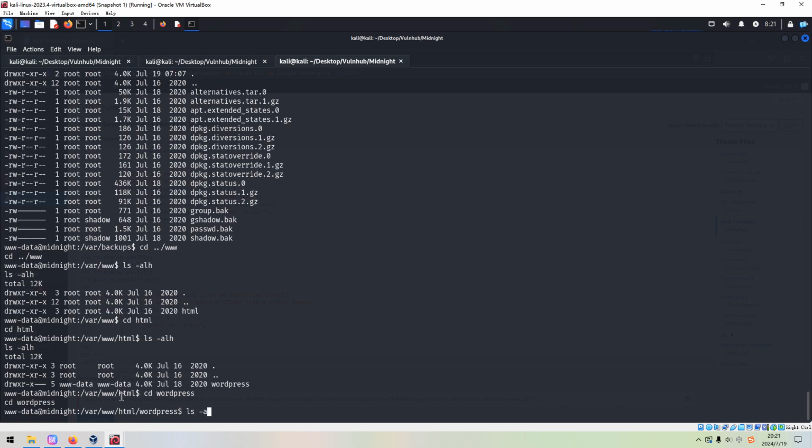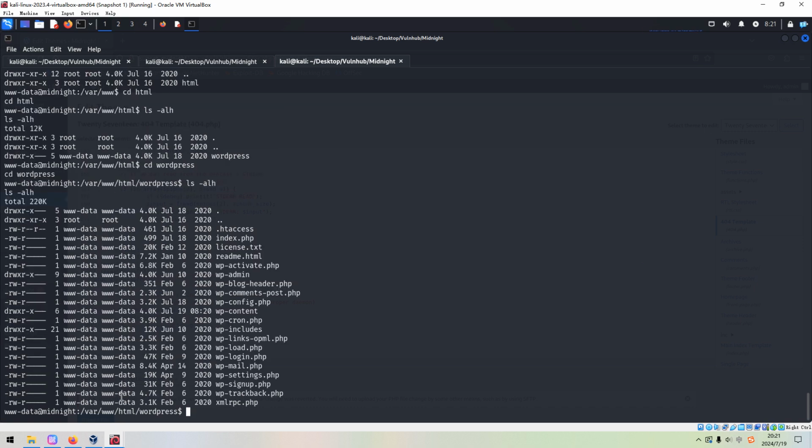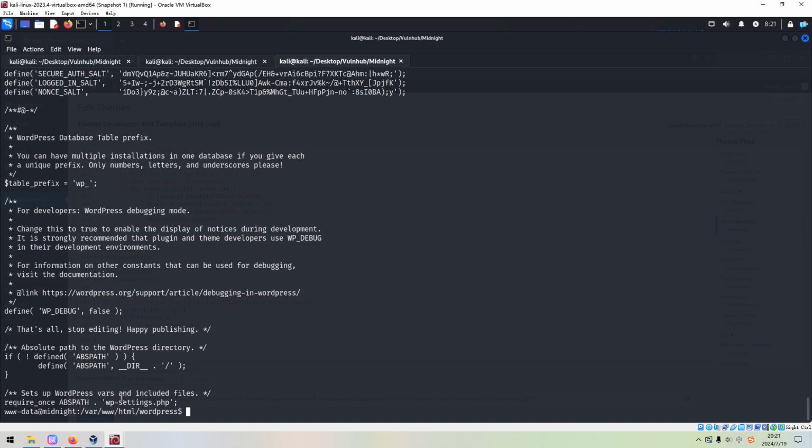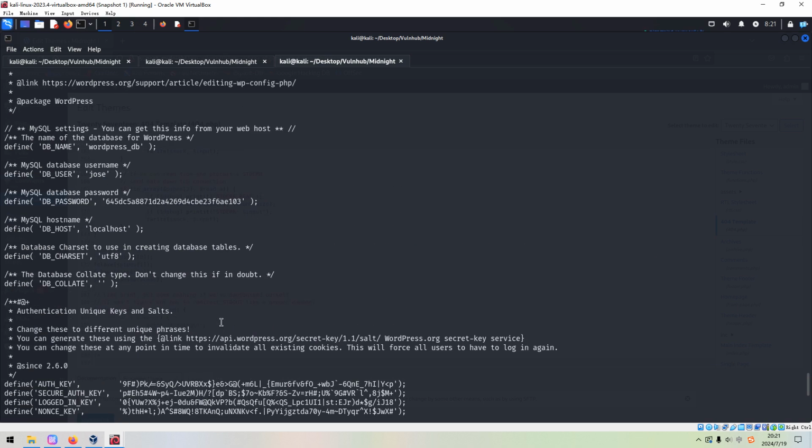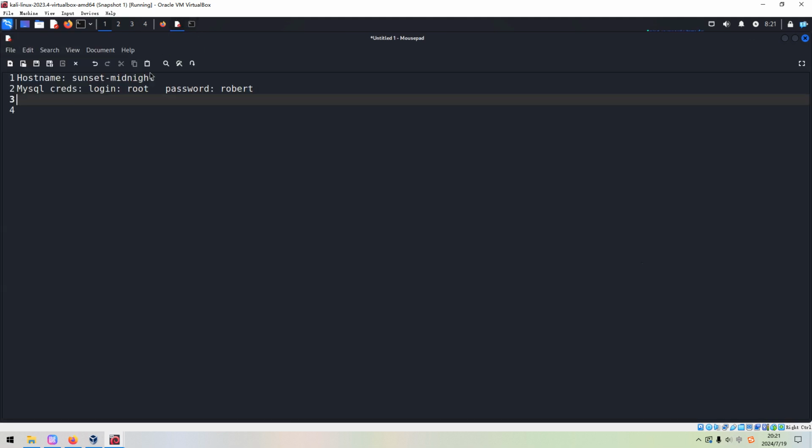Of course, for the WordPress application, we should check the configuration file, right? We can cat this configuration file and scroll up. We can get the database connection credentials, the username and password, right? And we can copy and paste